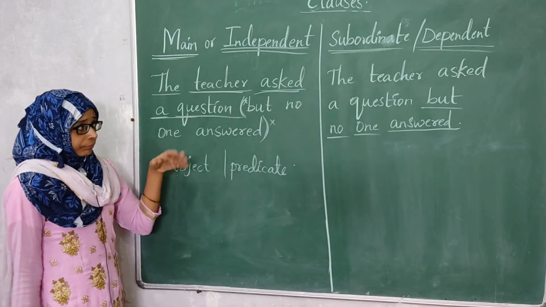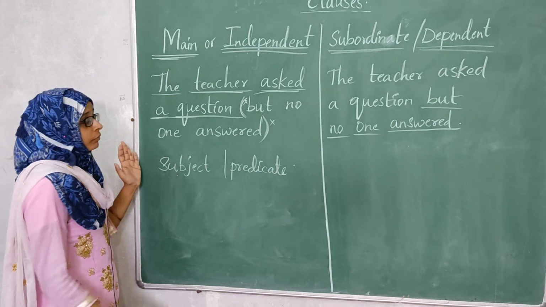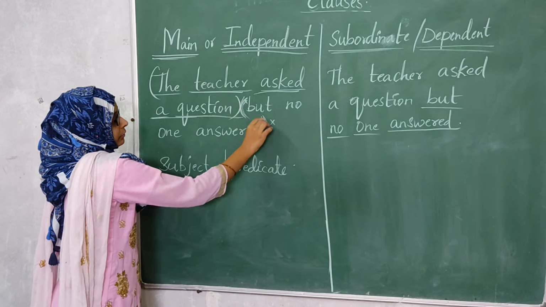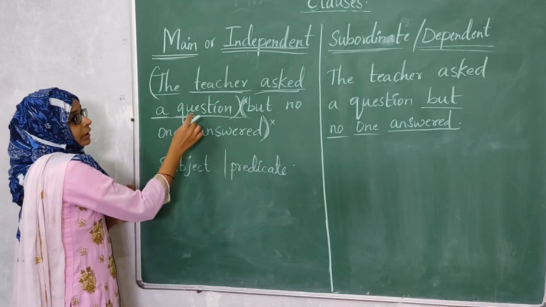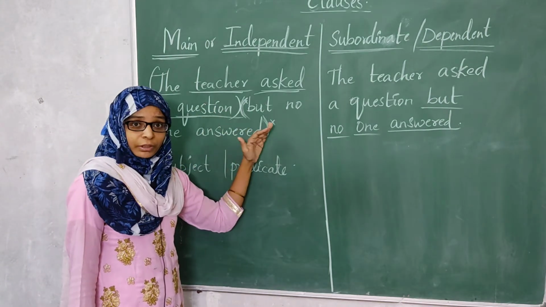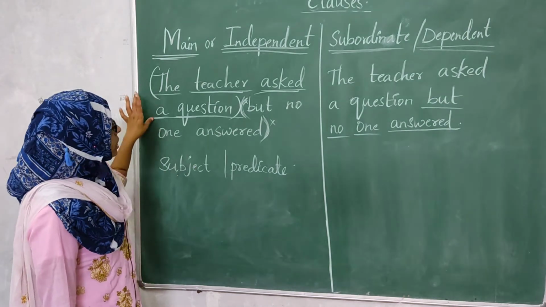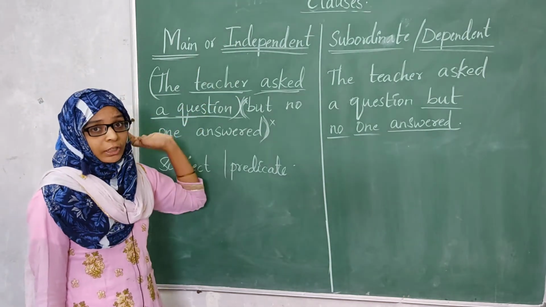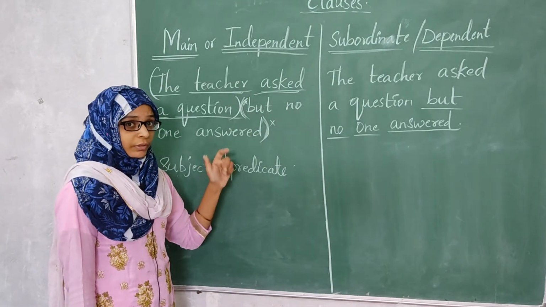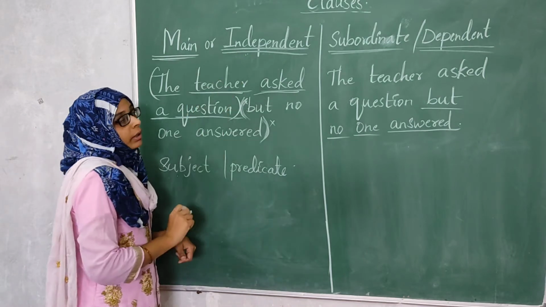So what is the main clause now? What do you understand by this? We are considering only this group of words and we are not talking about this one. This is giving the complete information. Okay, this is not depending on some other words for the complete meaning. So such clause is called as main or independent clause. This is not depending on some other phrase or some other clause for the meaning. So such type of clause is called as main or independent clause.